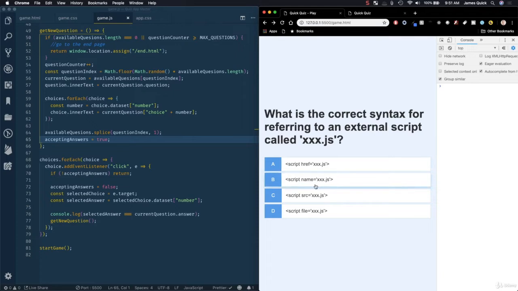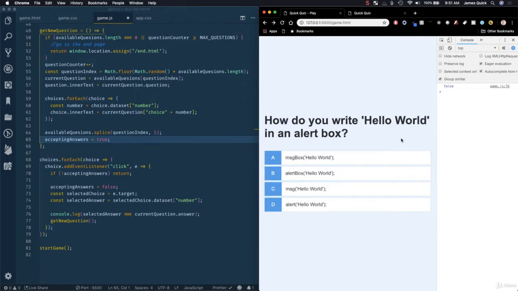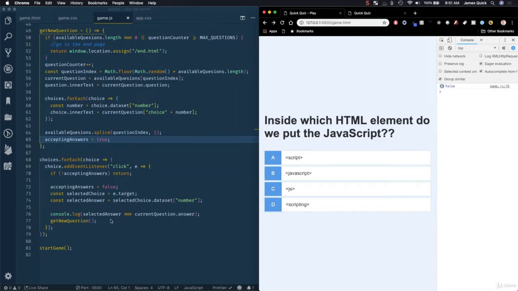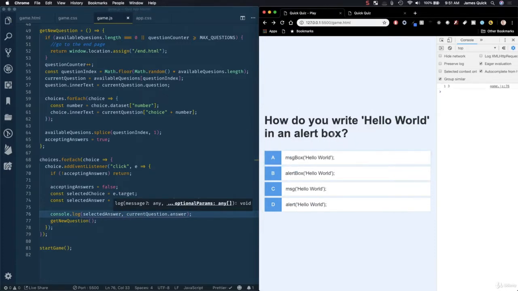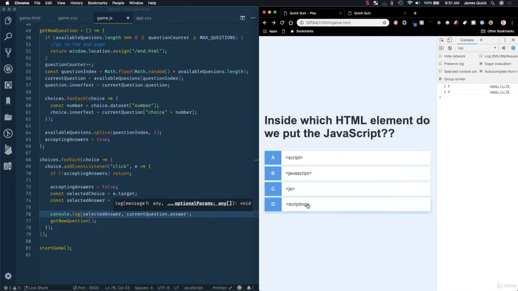what's the correct syntax here? So this should be true, which that says false. The alert should be true, so it's looking like it's not correct. So let's log out the selected answer and the current answer when we click. So 1 and 3, it looked like for that one, the alert was 4 and 4, so that should have